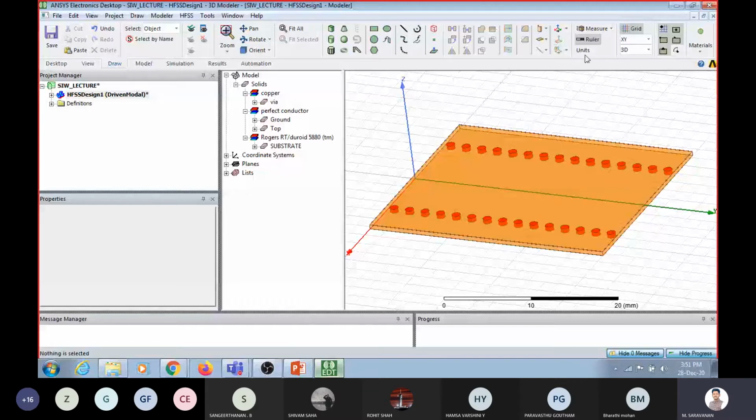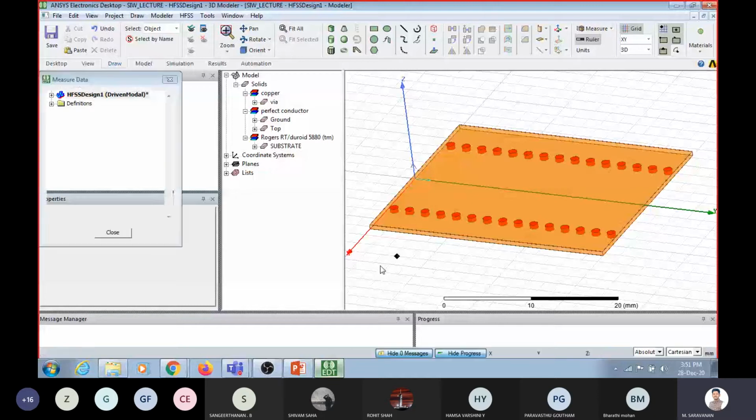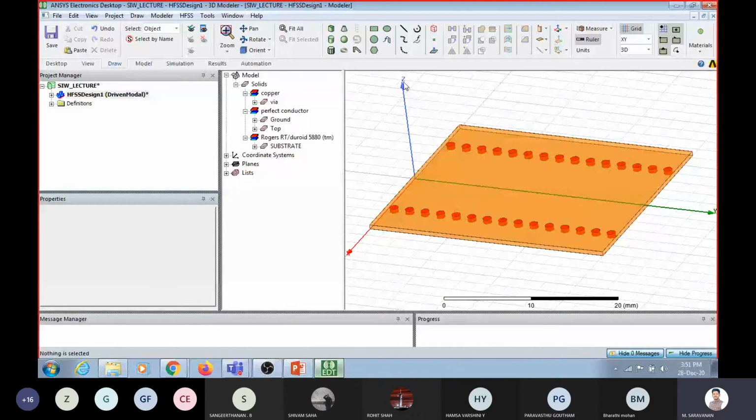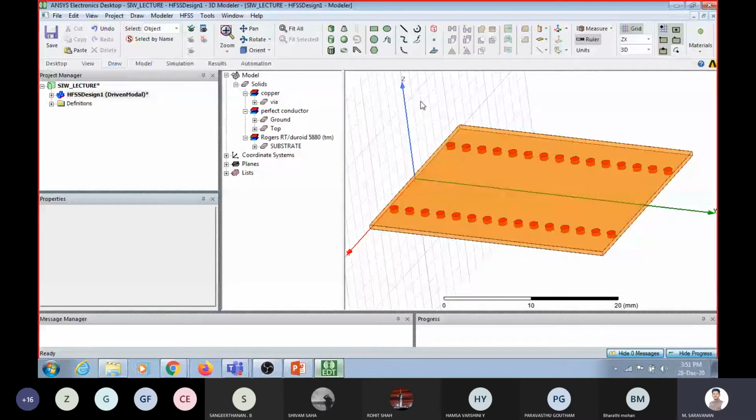So you have to select it. Once again, to make a selection, I want to check what axis I have to draw. If I draw with the x, y axis, the plane will look like this. But I have to draw perpendicular to the axis. So to do that, what is the axis you need? X and Z. Go to grid line, select X, Z or ZX axis. You can see the grid oriented towards this side. Now you draw the structure.